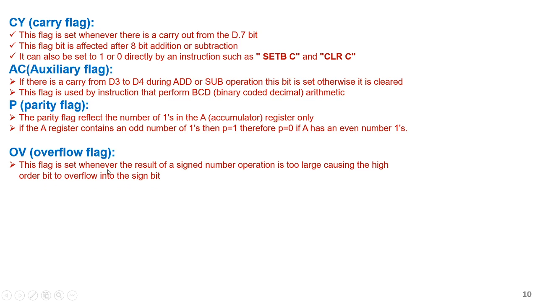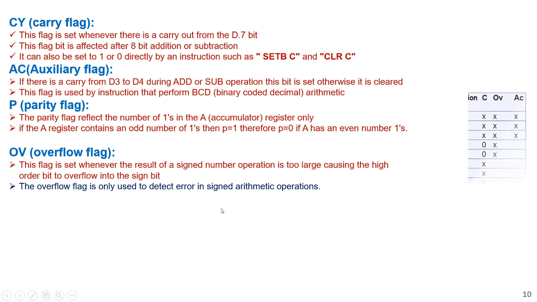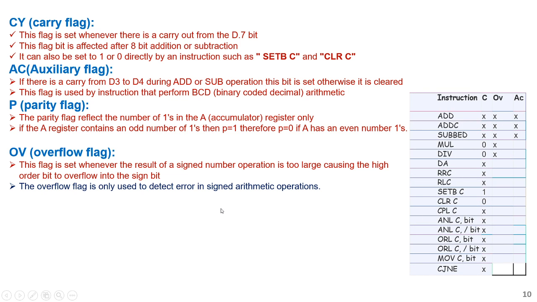This flag is set whenever the result of an unsigned number operation is too large, causing the high order bit to overflow into the signed bit. So at that time this flag will be set to 1. The overflow flag is only used to detect errors in signed arithmetic operations.